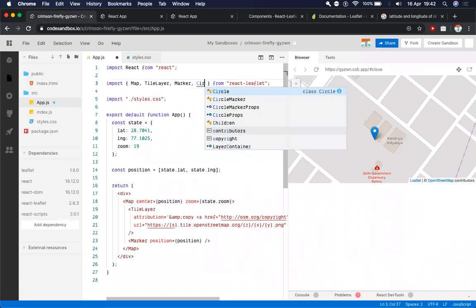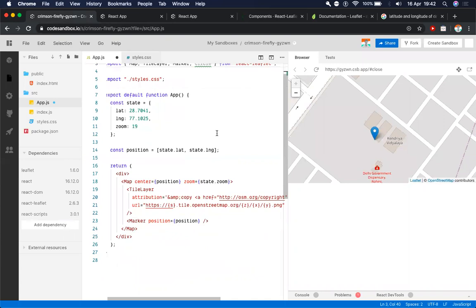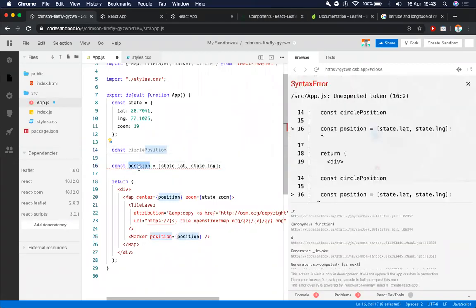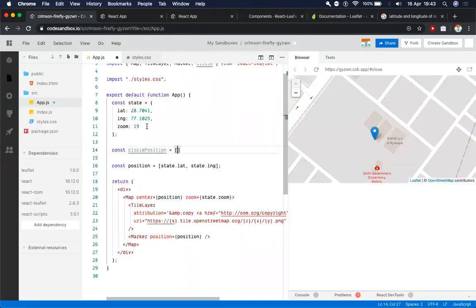So right now I'm going to import Circle, and here let's say const circlePosition. We are going to mimic the position variable here. I'm going to pass circlePosition here.